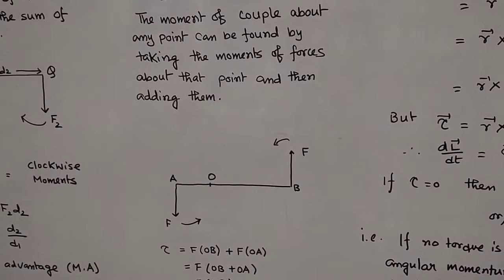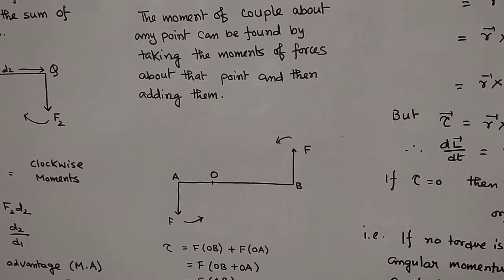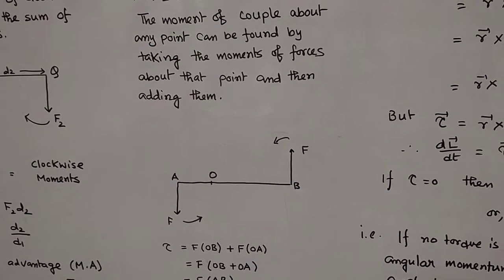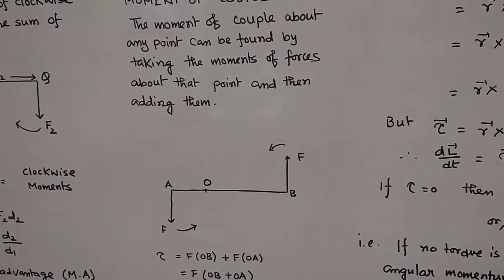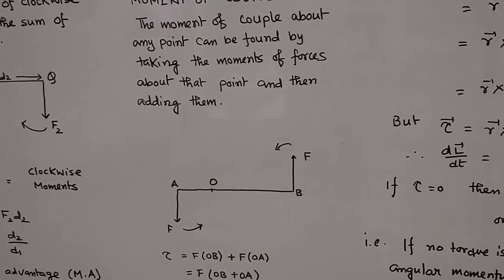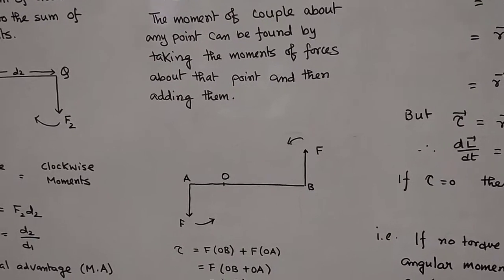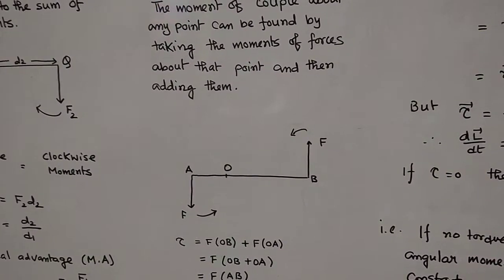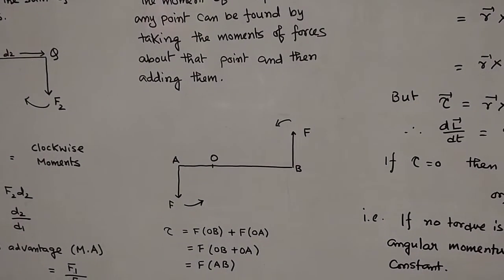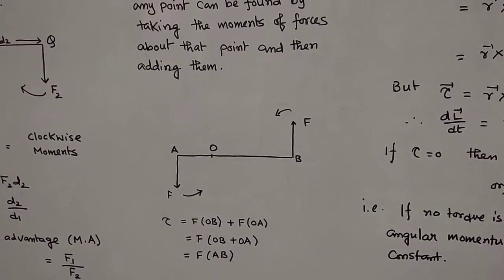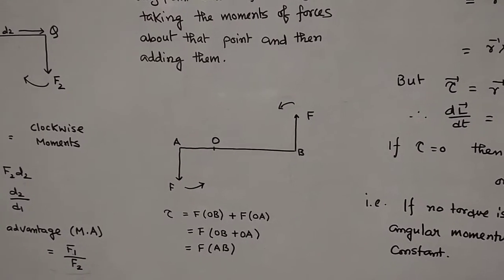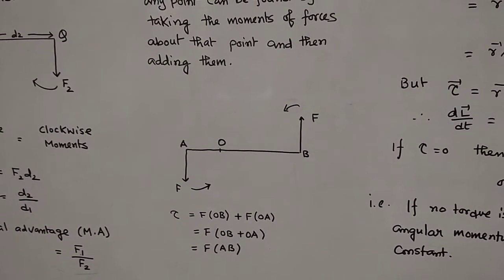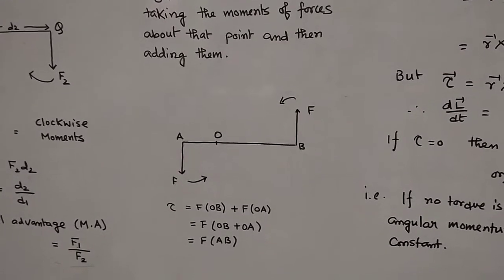So if you use the screw rule, it is anticlockwise. And if you consider the F vector and take the moment with respect to O, considering the distance OB, then R cross F is in the clockwise direction. So the net torque is nothing but the sum, because the direction is the same, is it not? So that's why the two moments of force get added.